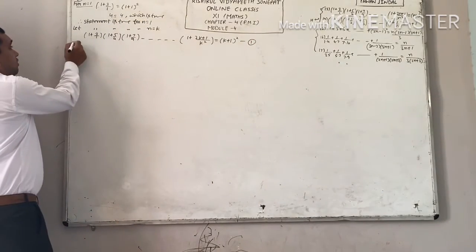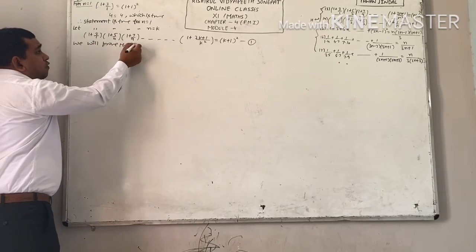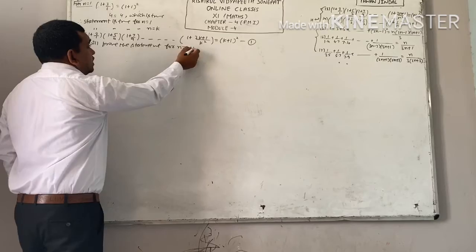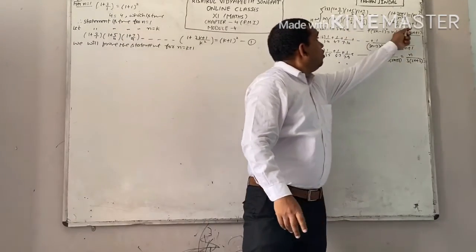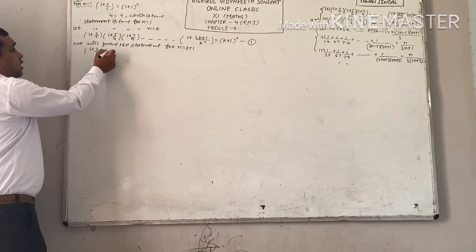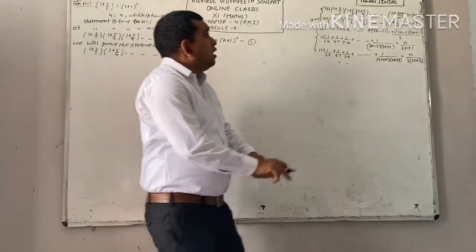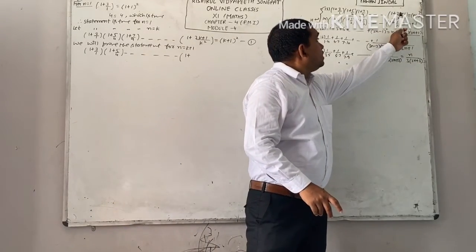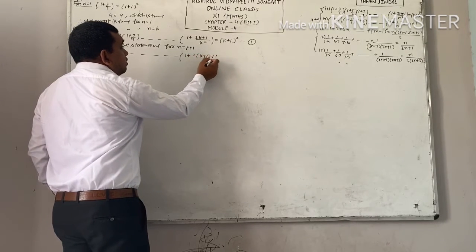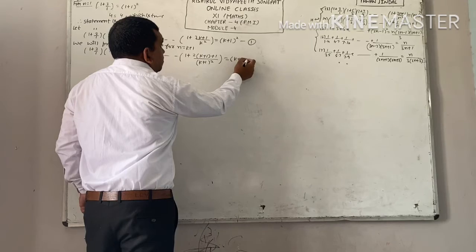Last step, we will prove the statement for n equal to k plus 1. That's why you will put n equal to k plus 1 on both sides. See what you get. You get 1 plus 3 by 1 into 1 plus 5 by 4 up to so on 1 plus. Now see here 2 is multiplied with n, and in place of n you have to write down k plus 1. This will become like this, divided by k plus 1 whole square. This is equal to k plus 1 plus 1 whole square.